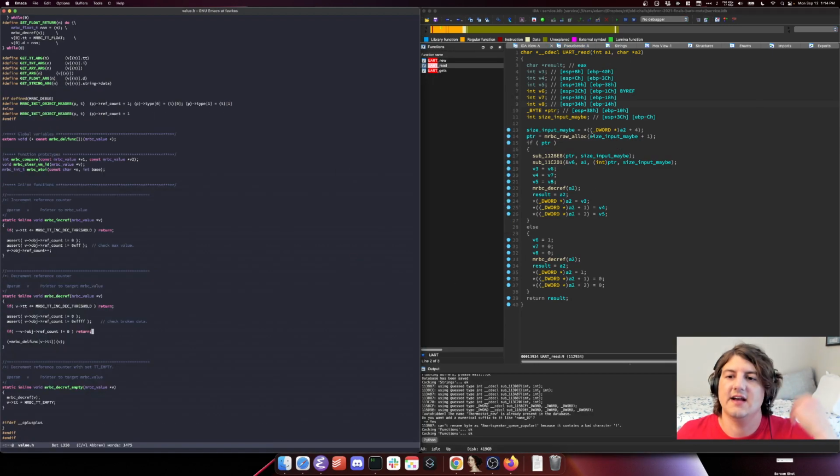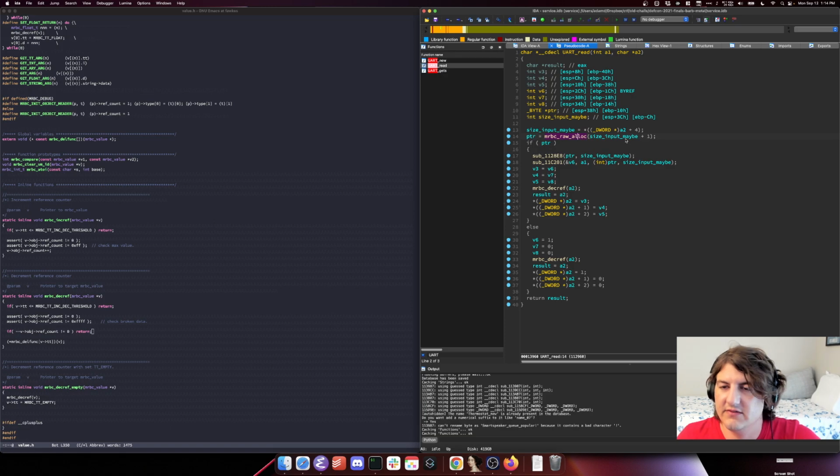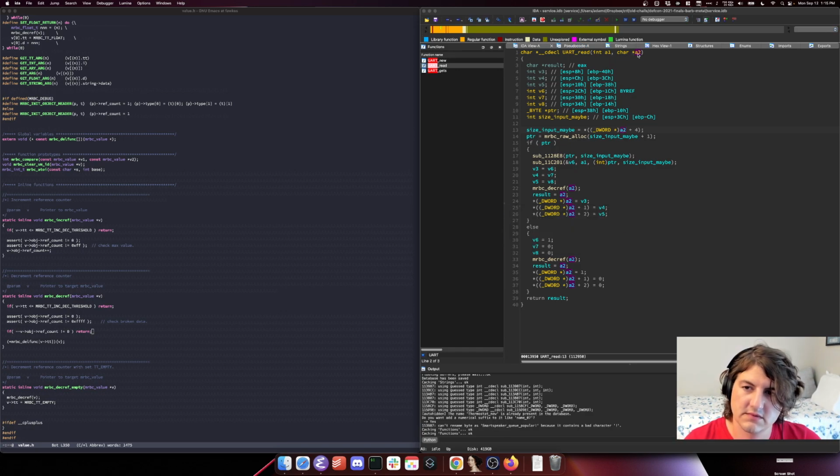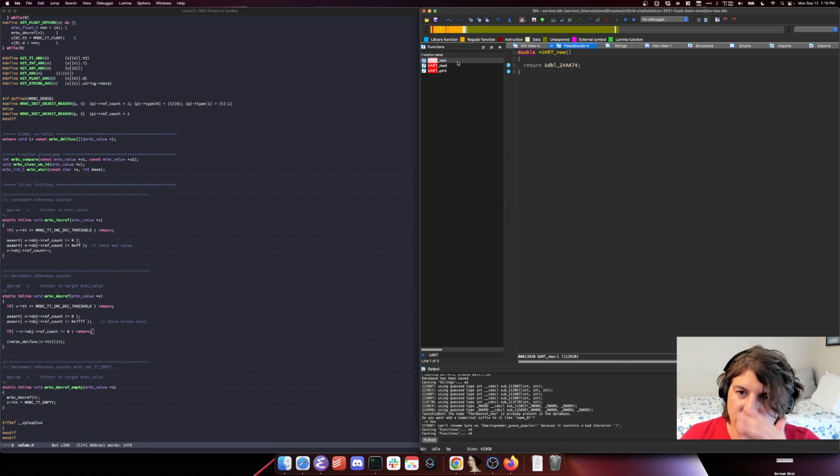Because it looks like it's allocating this thing from here. So UART read, let's see, size input maybe +1. Yeah, this is going from A2. This must be our UART object. Okay, and I bet if we went into UART new,